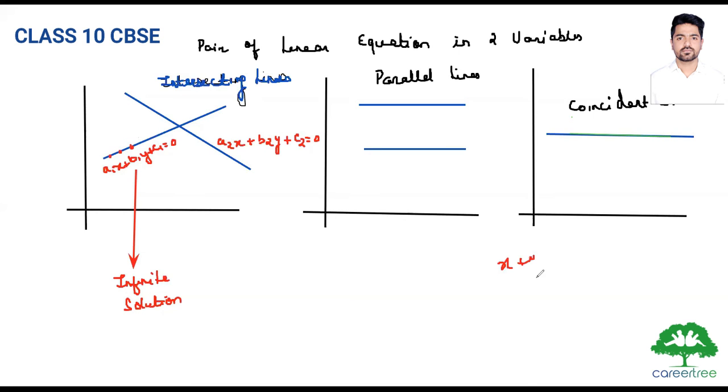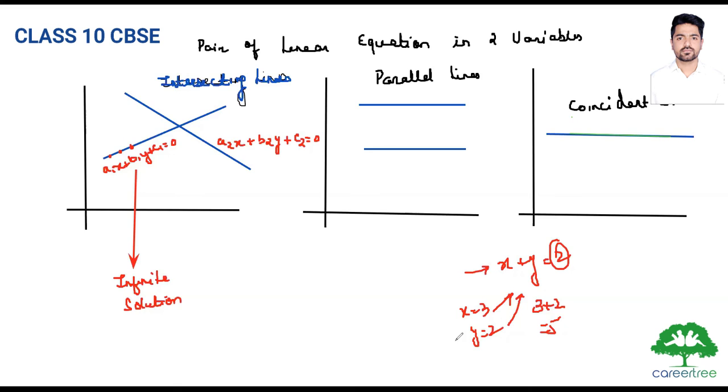See, x plus y is equal to 2. So what is the solution? A solution is nothing but the points which satisfy this equation, correct? So let's say if I give you x is 3 and y is 2, will it be called a solution of this equation? No. Because 3 plus 2 is giving you 5, right? Is it giving you 2? No.